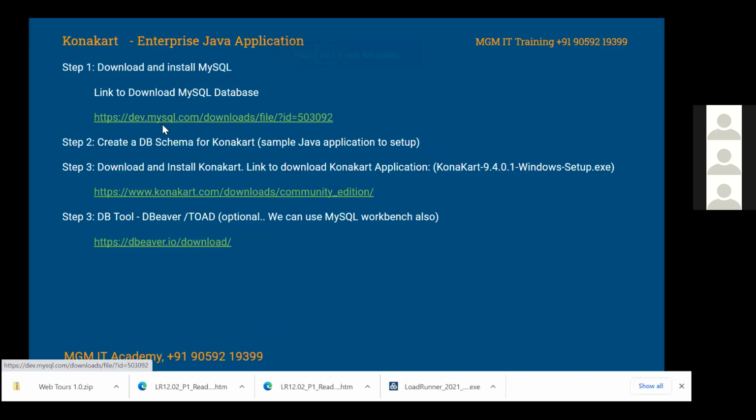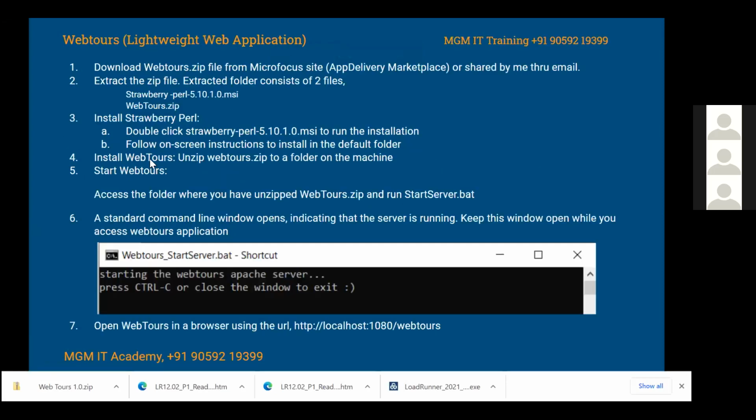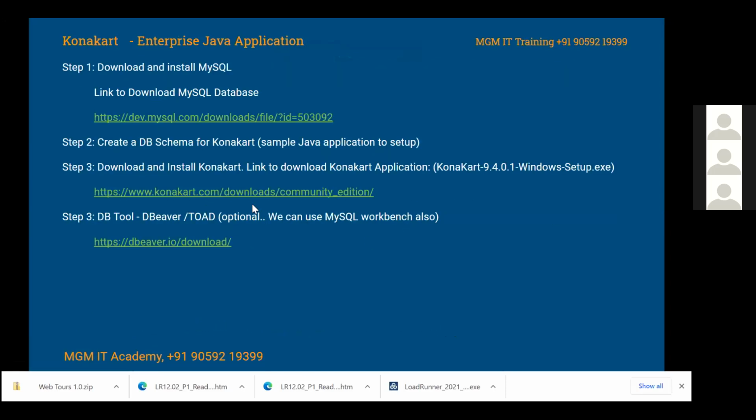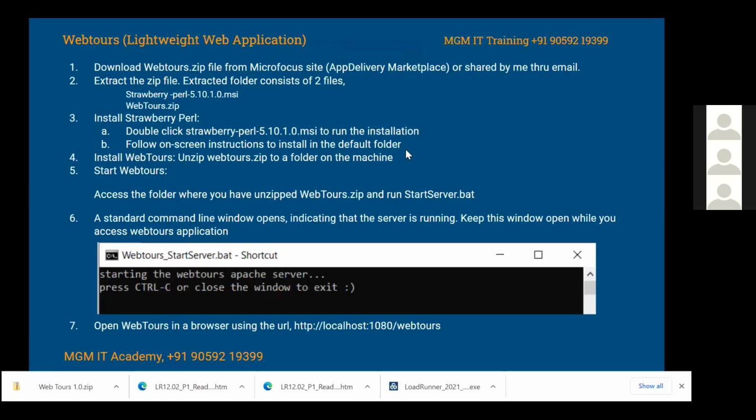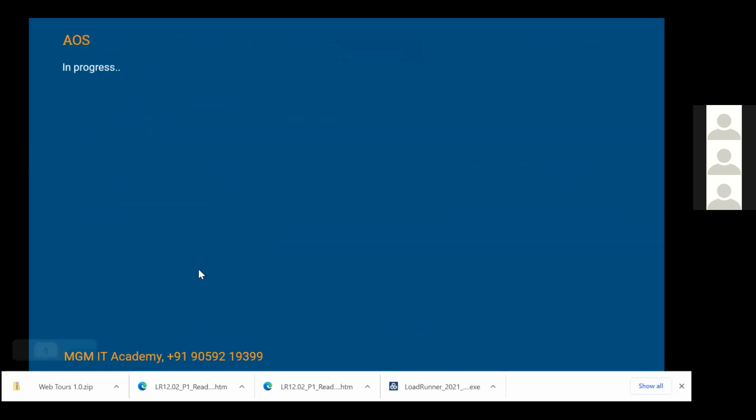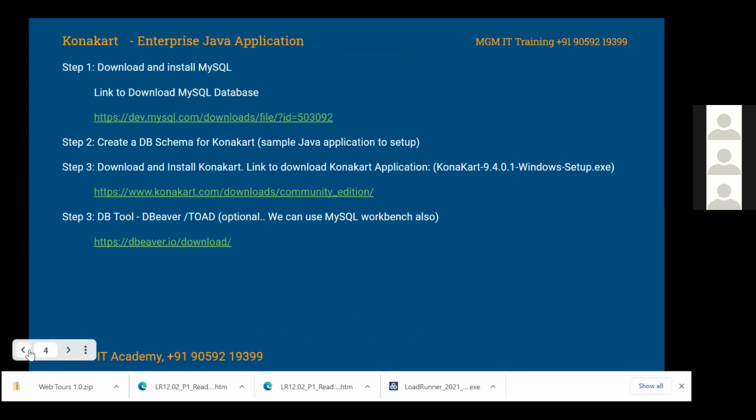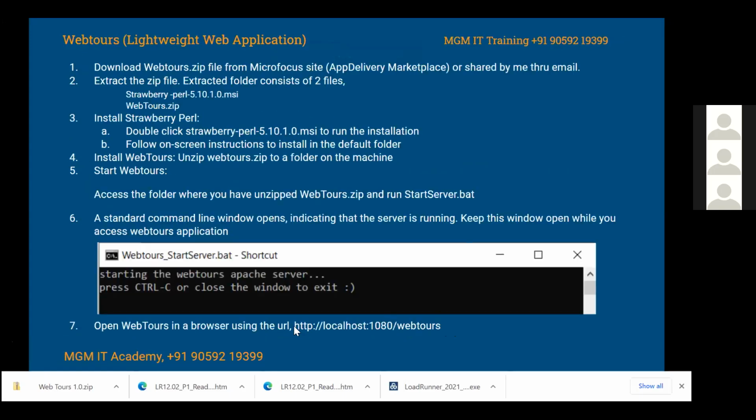I installed Strawberry Perl, and then I started that WebTools, and you saw this command prompt, right? Now to open WebTools, use this URL. You copy this URL and paste it in the browser, Sagar. No, stop presenting.